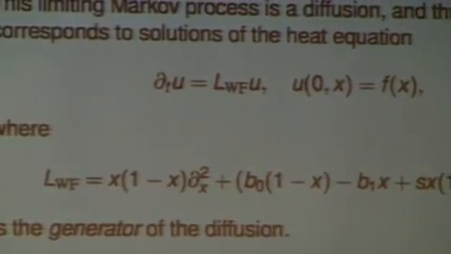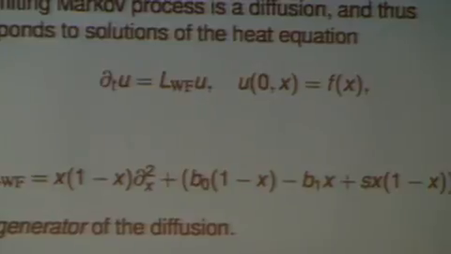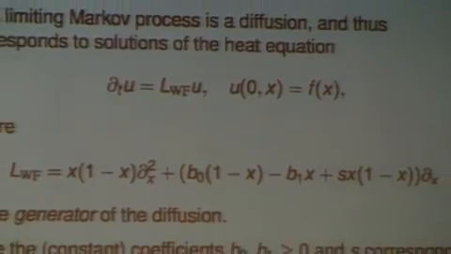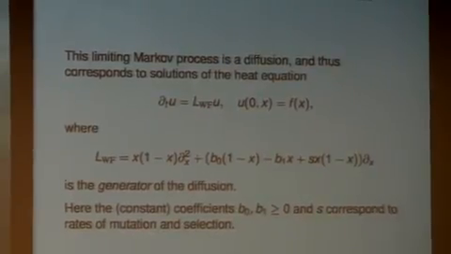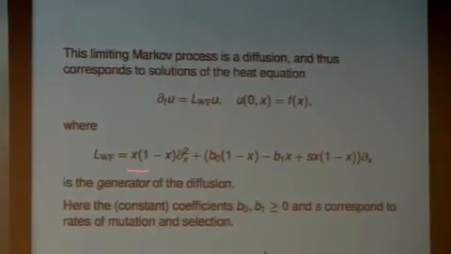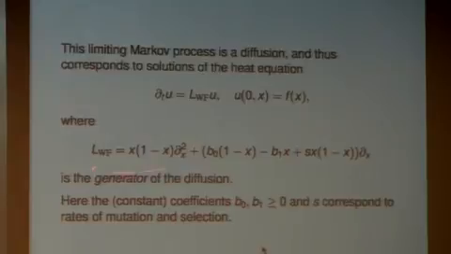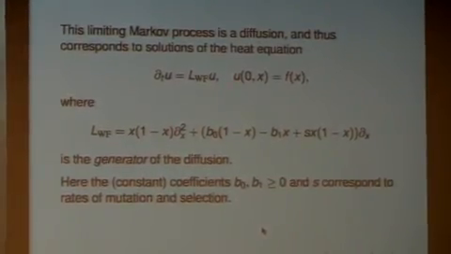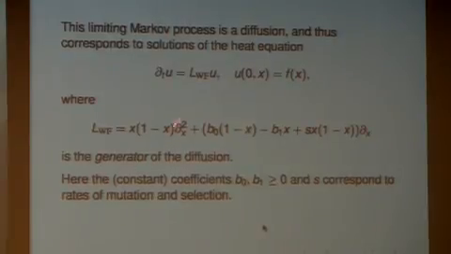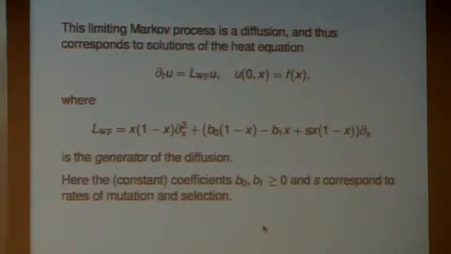So I'm giving you the one-dimensional case right now. This corresponds to the one-allele case, and there's a multi-dimensional version which I'll write out in just a moment. This is sort of the simplest model problem. So you have a second-order part, x times 1 minus x, d squared by dx squared. You're on the interval from 0 to 1. You can write this down explicitly. So if x is strictly between 0 and 1, this is a nice uniformly elliptic operator.